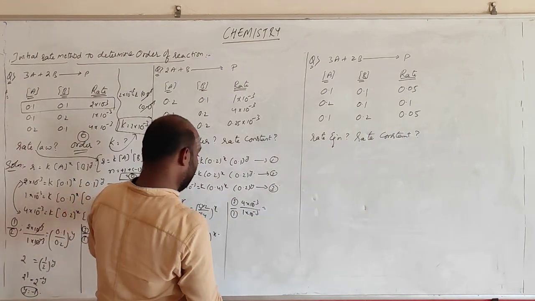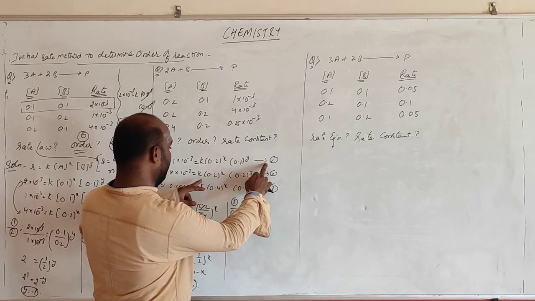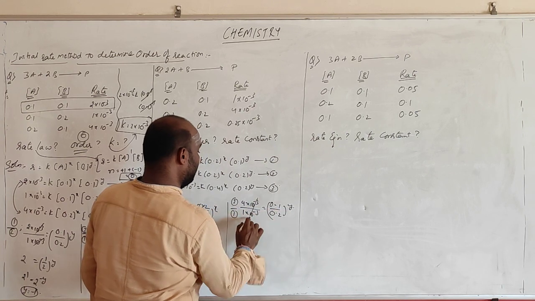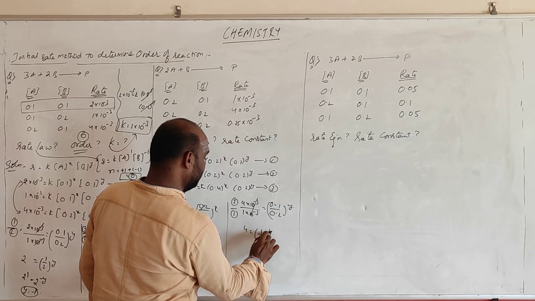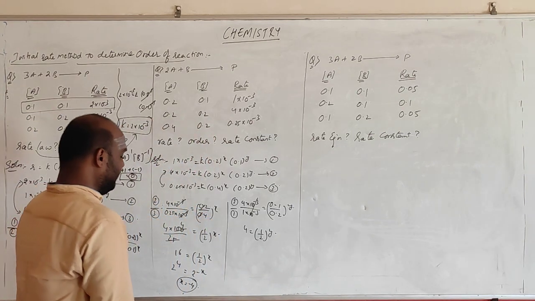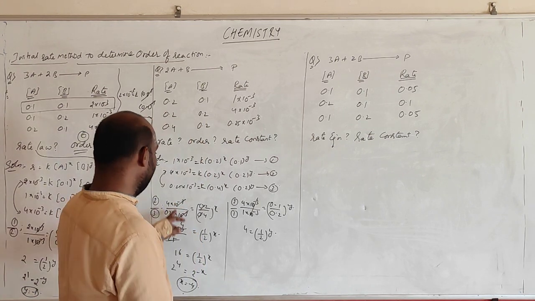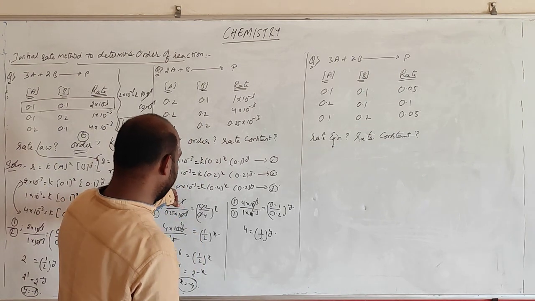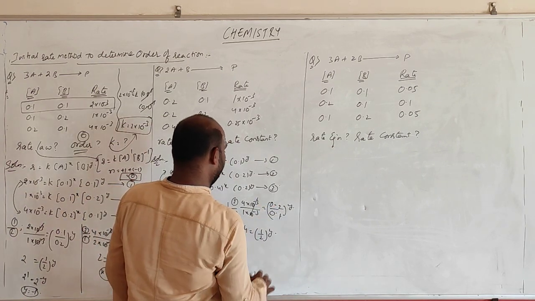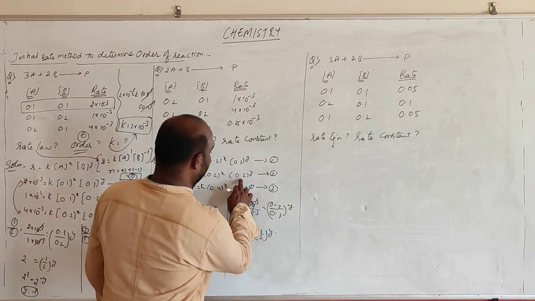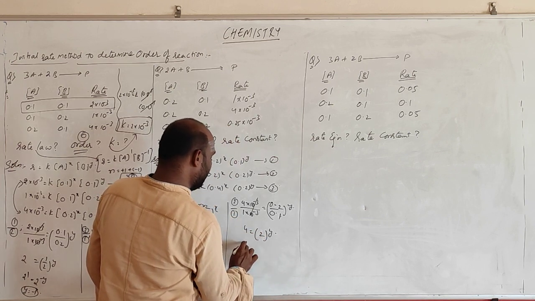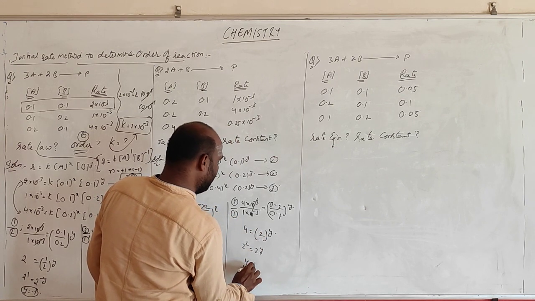So what is cancelling here? You are taking 2 by 1, second equation by first equation. So x is common here, so the 0.2^x cancels. So 4 is equal to (0.2 by 0.1)^y. This one should be on top, because 4 is the numerator, so it is 0.2 by 0.1. So this is 2^y. So 2 square is equal to 2^y. y is equal to 2.